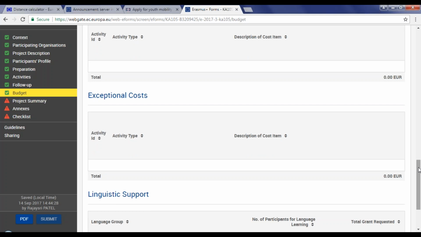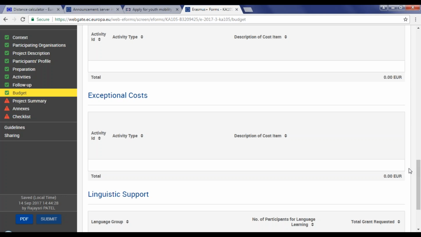Exceptional costs are also calculated on an actual cost basis, and applicants must detail how many participants the funds are required for and a breakdown of costs in the narrative. Funding rules state that these costs are specifically to support the following: visa and visa-related costs, costs for providing a financial guarantee, expensive travel costs of participants from outermost regions and overseas countries and territories, participation of young people with fewer opportunities,